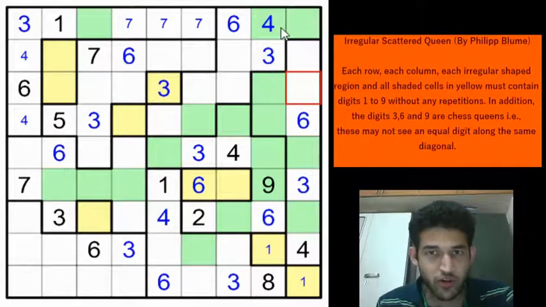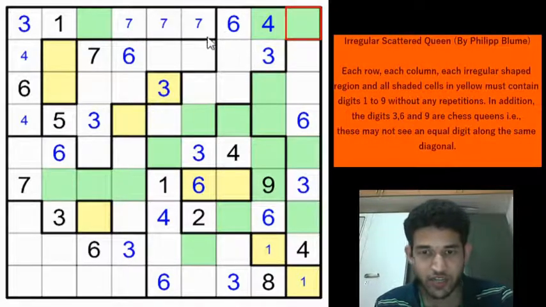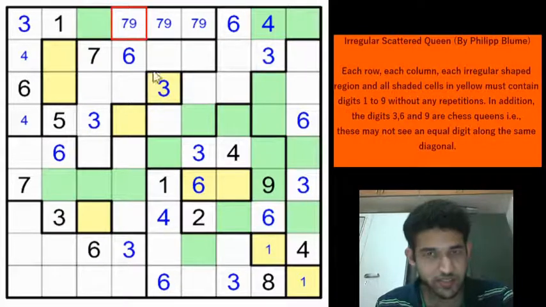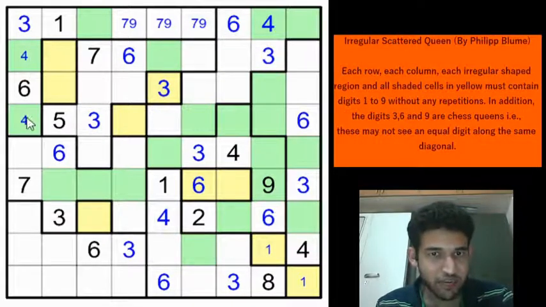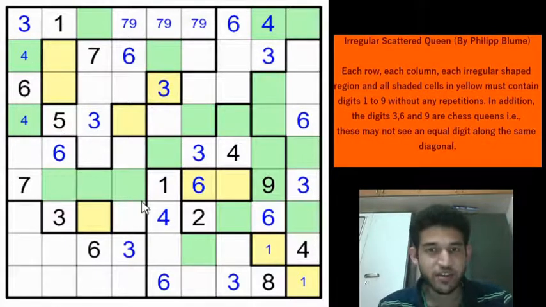So if you look at row 9, we are sure that 9 will be in one of these 3 cells, right? Because we have eliminated these cells as possible locations of 9. So 9 must be in one of these 3 cells, which means that we can eliminate this cell as a 9, right? Because if you have a 9 here, then 9 can't be in any of these 3 cells, right? So this cell can be eliminated as a 9. And these two cells also can be eliminated as a 9, right? Because you have a 9 in one of these 3 cells and it is in the same region, so 9 can be eliminated from here.